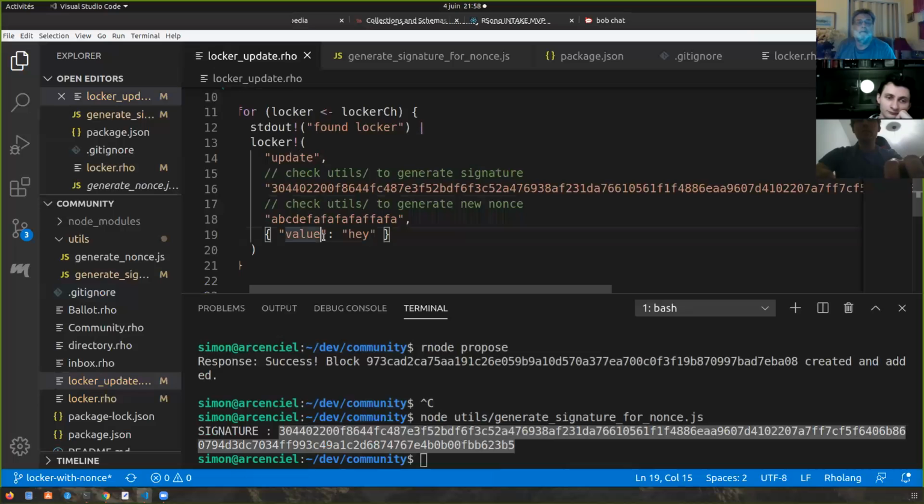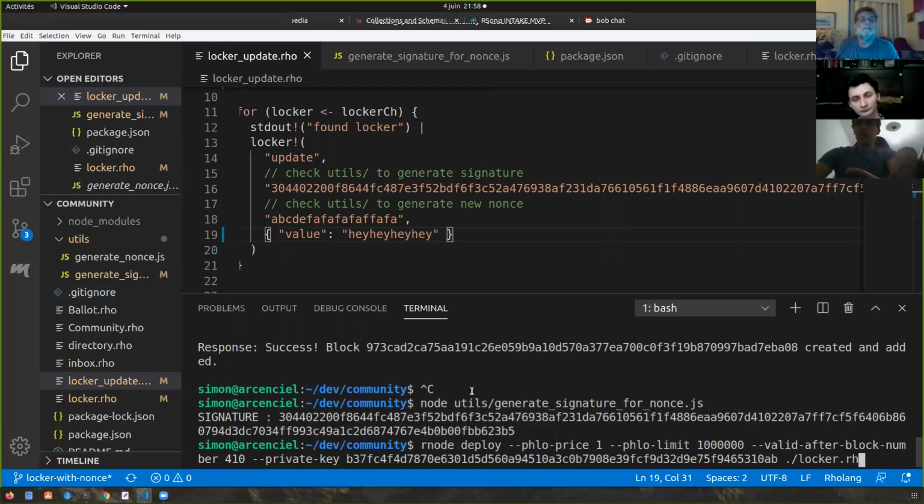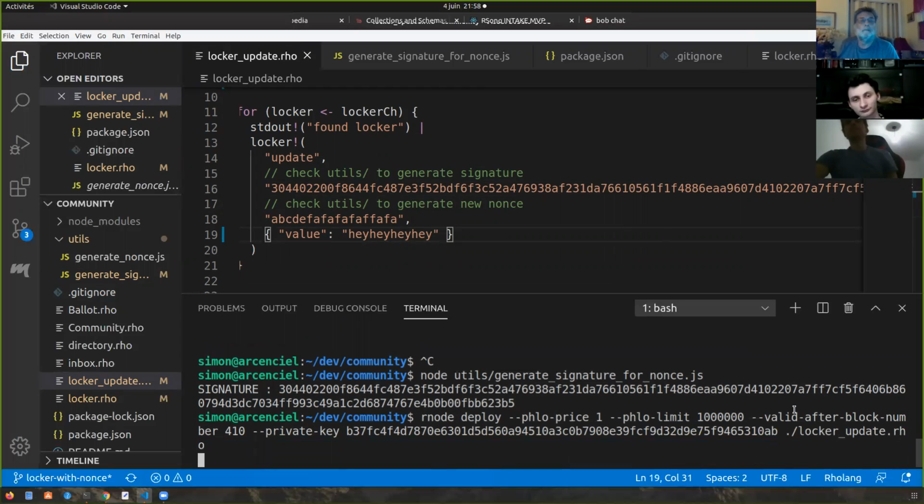And then I can set any value I want. So then I propose locker update.